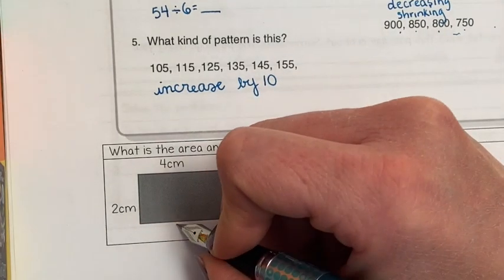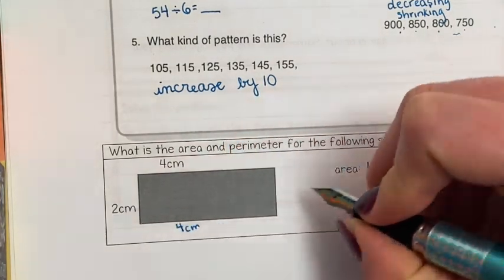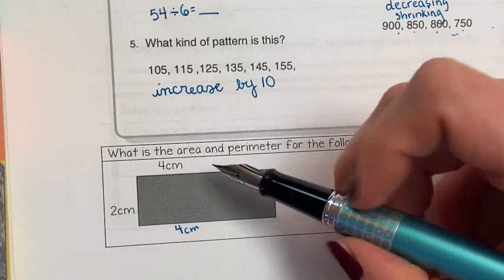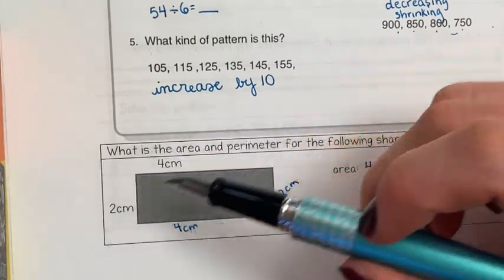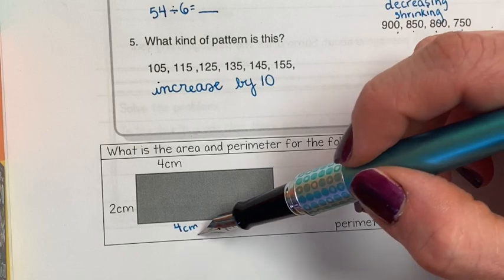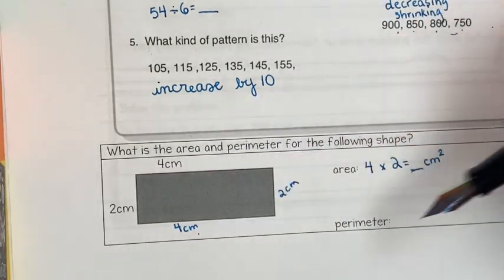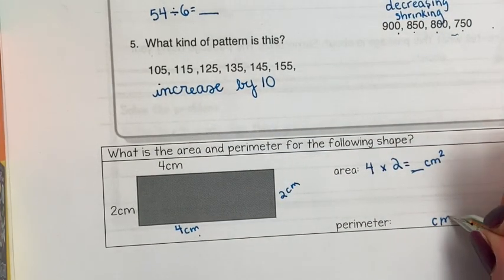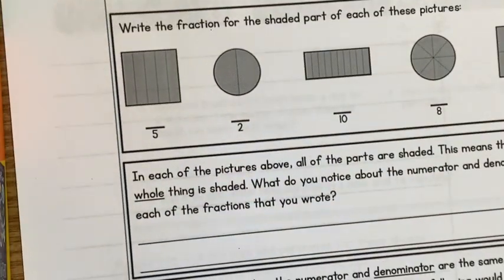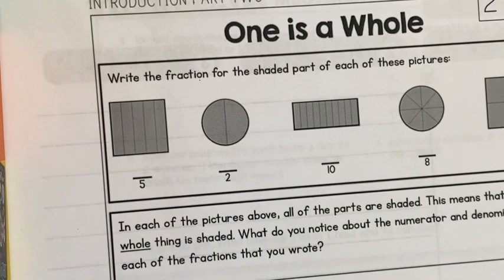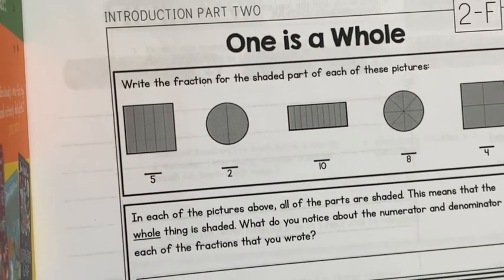And perimeter, you are going to add up all of the sides. So you're going to add 4 cm, 2 cm, 4 cm, 2 cm. You're going to add all of them up, and that will give you the perimeter in just regular centimeters. Okay. Now, we're going to move on to our fractions for today, and it's telling me that 1 is